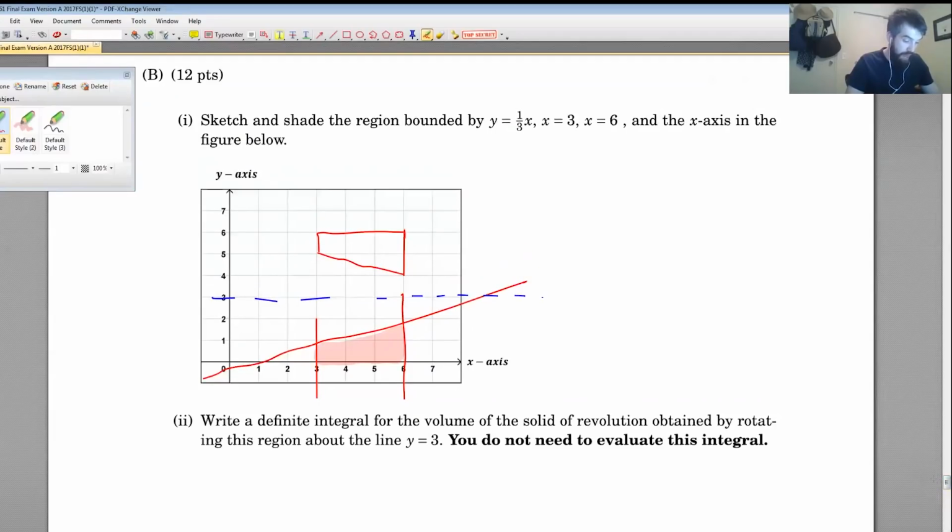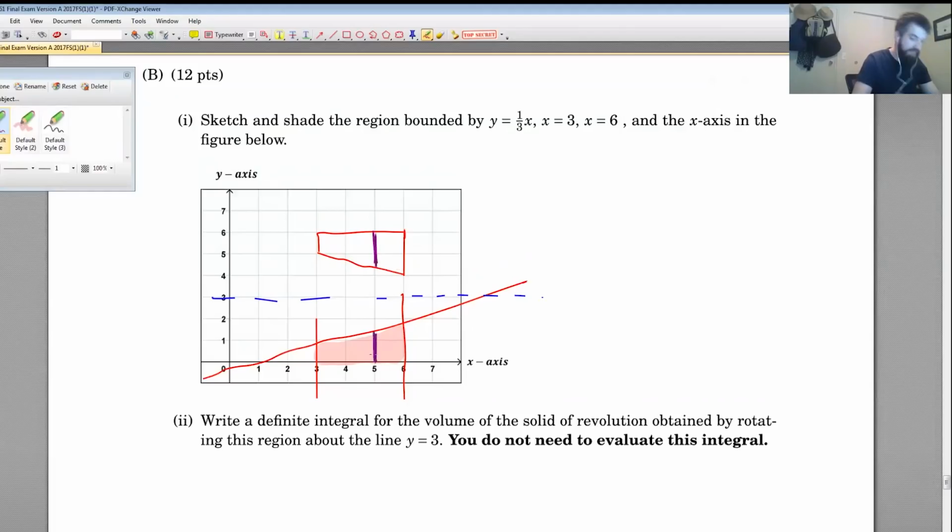I'm rotating this around the line y equal to 3. So we have a choice. We could use cylindrical shells, or we could use disk washer. So the question is, which is better? If I use cylindrical shells, that is, going around with horizontal strips, then my horizontal strip down here and my horizontal strip over there have different right and left curves. I could do it, but it'd just be kind of gnarly. So I think it is much easier